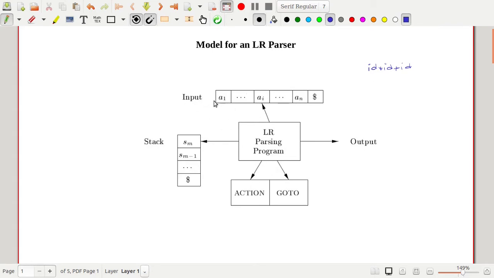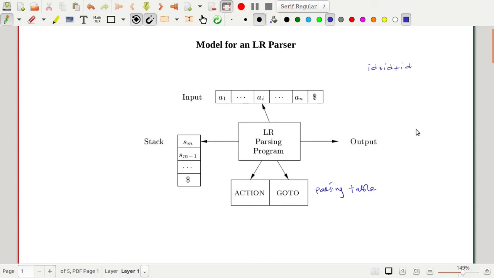We have input, then this is our stack that will store the state information, then this is our LR parsing program or the driver program, and this is the output, and this is our parsing table. This parsing program, the LR parsing algorithm, will be common for all our LR parsing techniques.